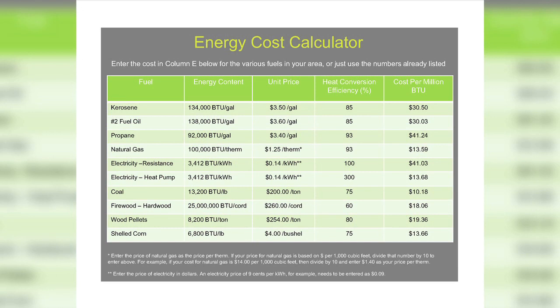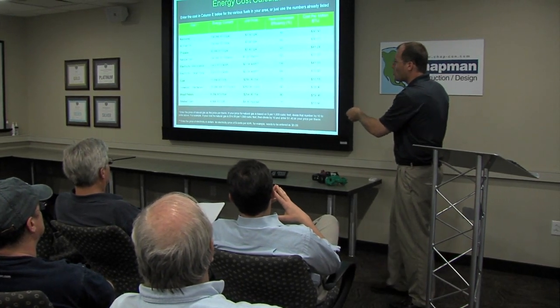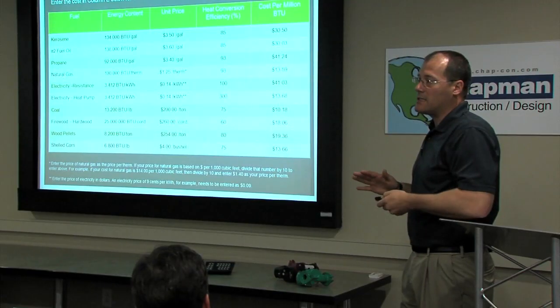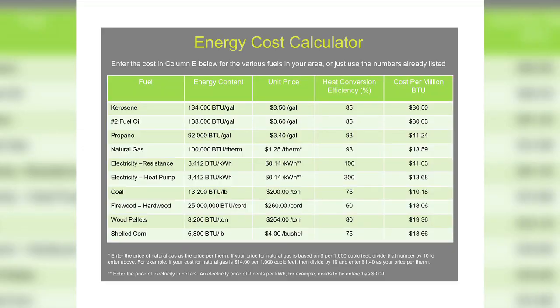If you look today at an example, the two most common are natural gas versus fuel oil. This is pretty current information. A therm of natural gas is 100,000 BTUs, less its efficiency. About $1.25 is a pretty common per therm price right now. People will say oil has more heat in a gallon, and that is true. You get about 138,000 BTUs per gallon of oil at $3.60. Most oil equipment is non-condensing, so it's rare to see oil equipment past 86, 87%. There are a few 90s out there, but they're very small. So for the most part it's 85, 86% versus 95, 96% with a condensing boiler at low water temperature. You convert that over, and it's $30 per million BTUs for oil,